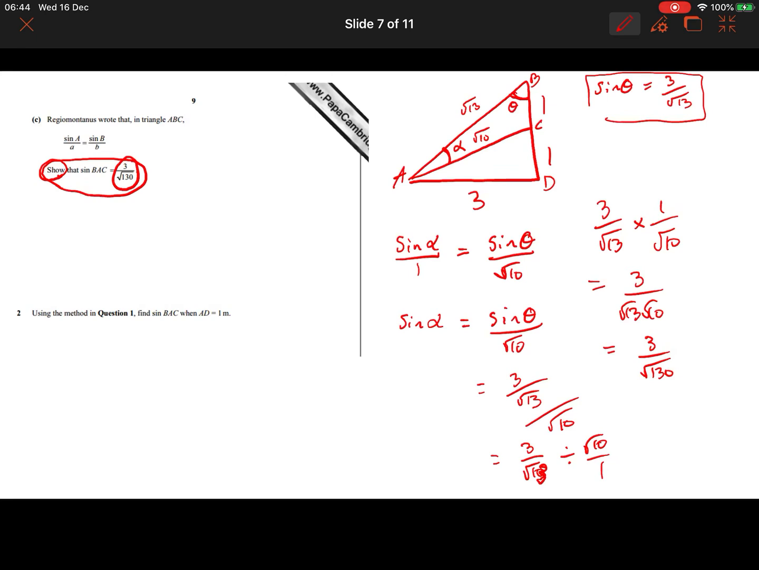Using the method in question 1, find sine BAC when AD